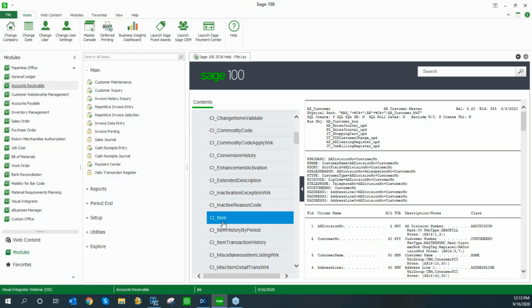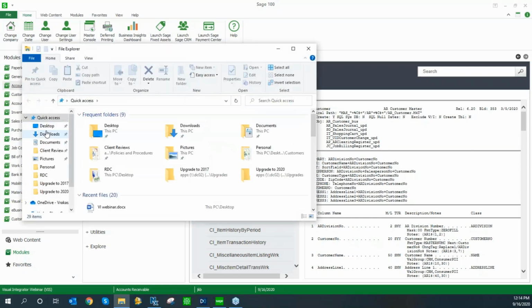So there are two different ways to go about your creation of the Visual Integrator. We're just about to look at Visual Integrator finally, so don't worry, hang in there with me. There are two different ways. You can either start with your data set that you would create in an Excel template or an Excel file and create the Visual Integrator around that Excel sheet, or you can create the Visual Integrator and then format your Excel sheet. I tend to prefer going the first way, as it's a lot easier to adjust your Visual Integrator job to fit the spreadsheet than it is to, it's harder and more time consuming to change your spreadsheet. So